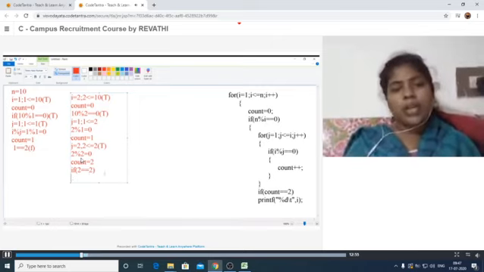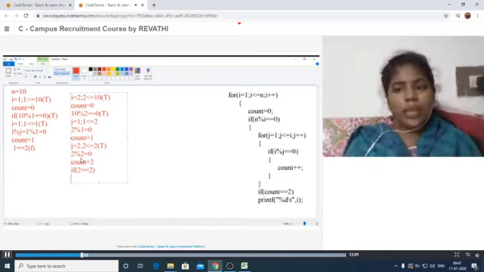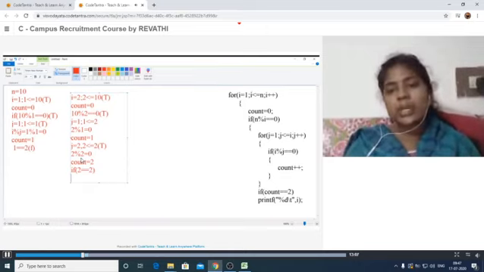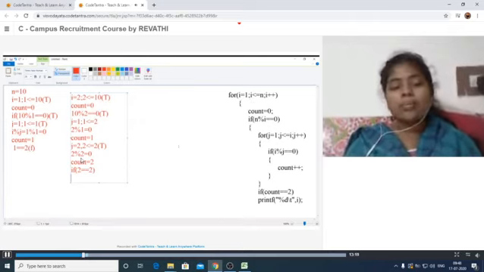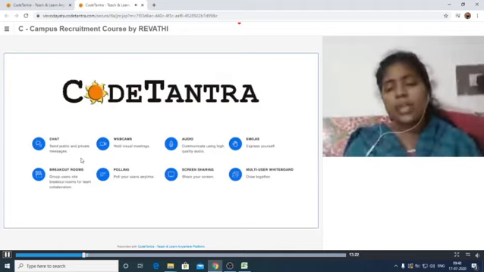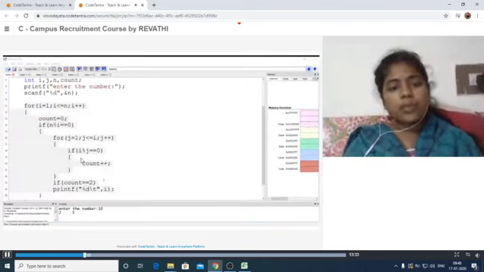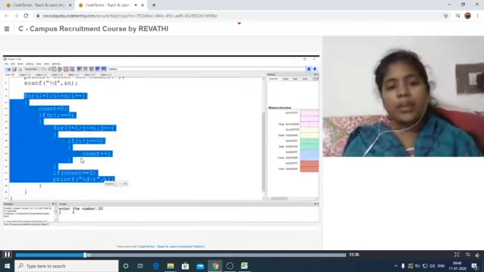Okay. Next it will continue the process by incrementing the i value to 3. Then it follows the same process until this condition is false. When i becomes 11, 11 less than or equal to 10 is automatically false and it comes out of the loop. Like this it will find the prime factors of the given number. This is the way we can calculate the prime factors of the given number.